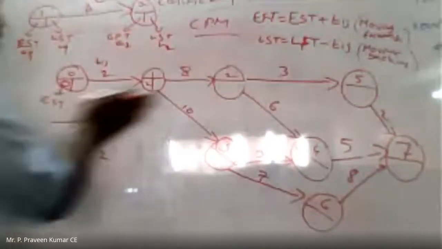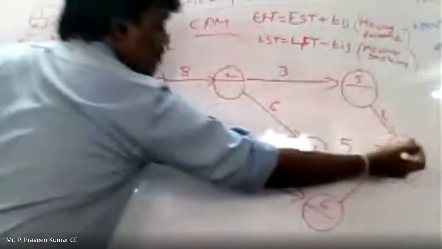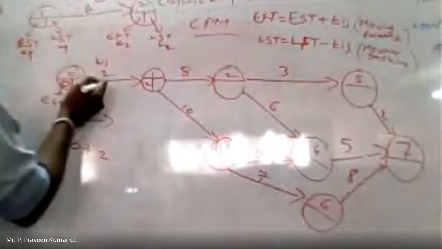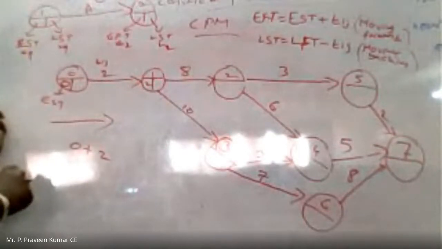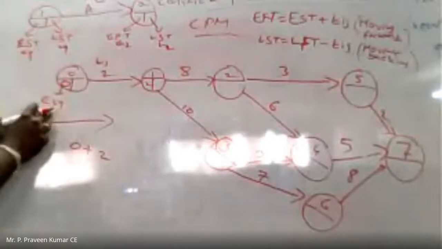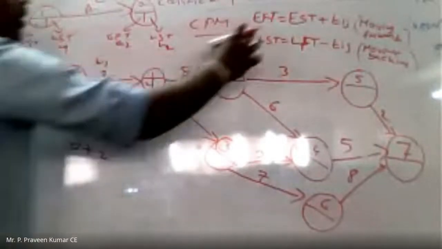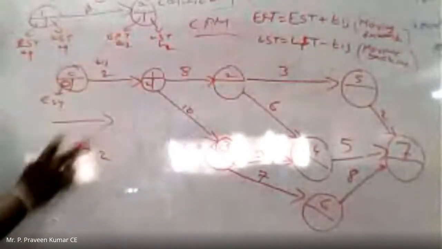Okay, now we are moving forward. So that's why we need to calculate all these ESTs. Then if we come backward, all the finishing times can be completed. Now the starting time of this project is 0, that is EST. And now how can we calculate the EFT? 0 plus 2, that is nothing but EST plus TIJ. EST 0 plus 2, we need to write.